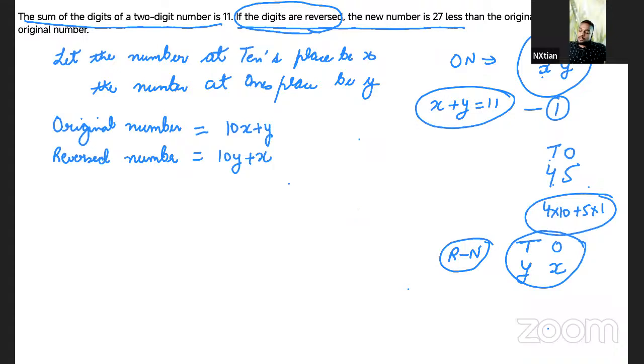Now we have to form the second equation. This is not an equation, we just make a number. Now what is it saying? What is the new number? The reverse number is the new number. So it will become 10y plus x, which is the new number, is equal to 27 less than